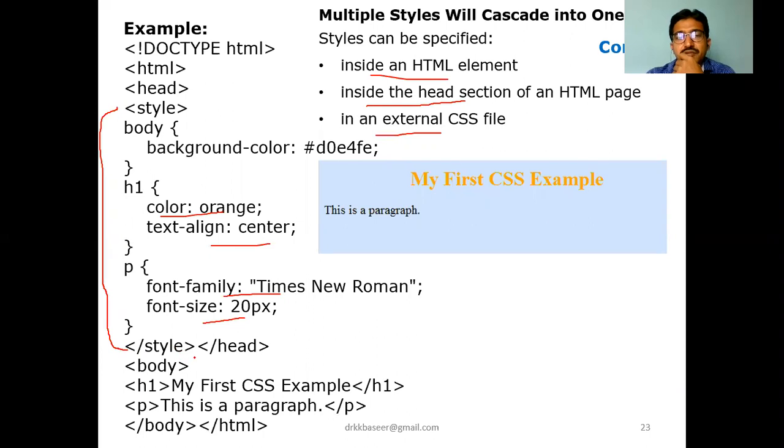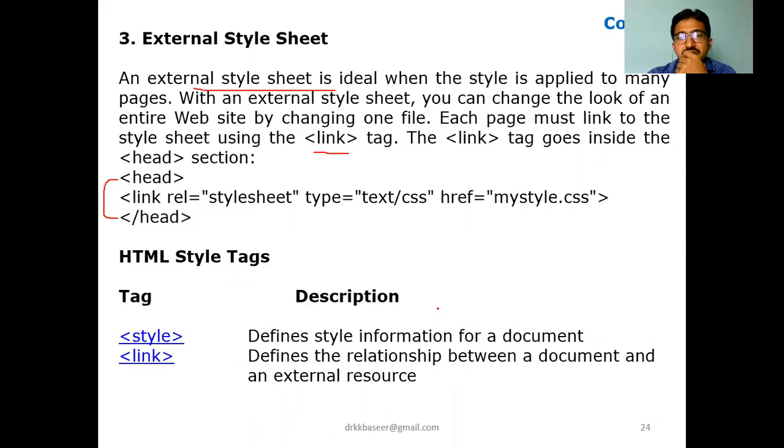So this part, from the starting style to the ending style, you will save as a .css file, for example mystyle.css. You save that program and link it to the current program. You link it with the help of the link tag. Rel is the relation, that is, what type of relation it is: a style sheet.